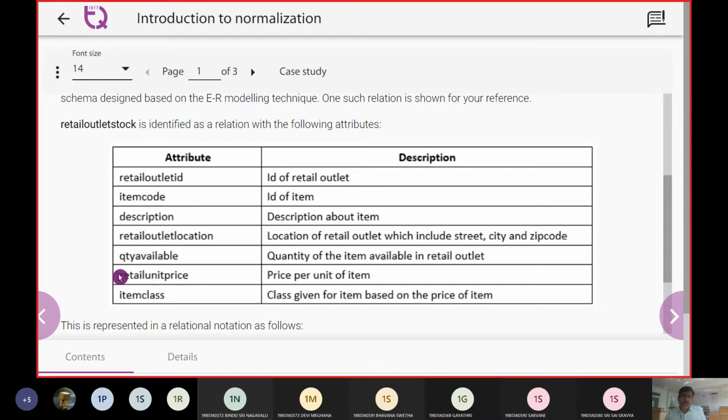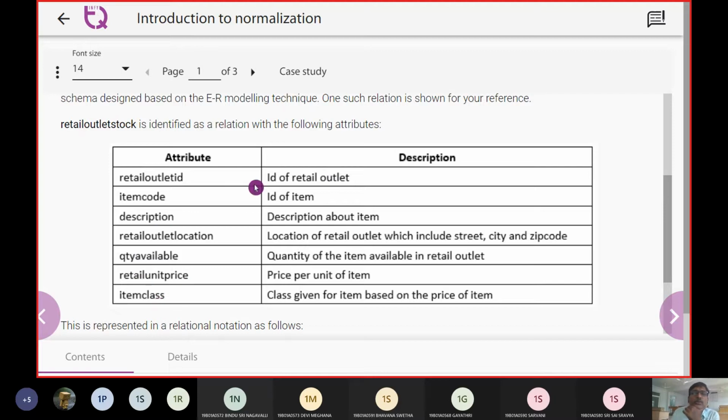Now assume that the content was not normalized, and now how you are going to normalize it. The attributes which are going to be part of this data are retail outlet ID, item code, description, retail outlet location, quantity available, retail unit price, and item class.